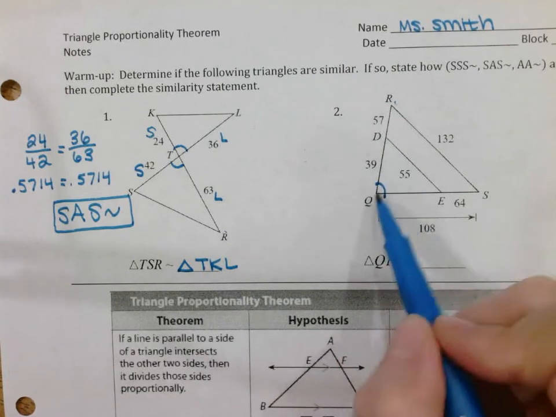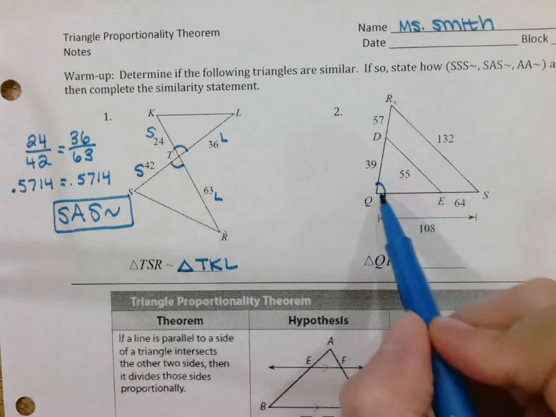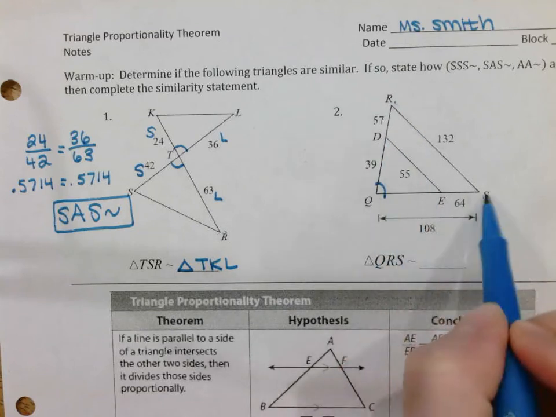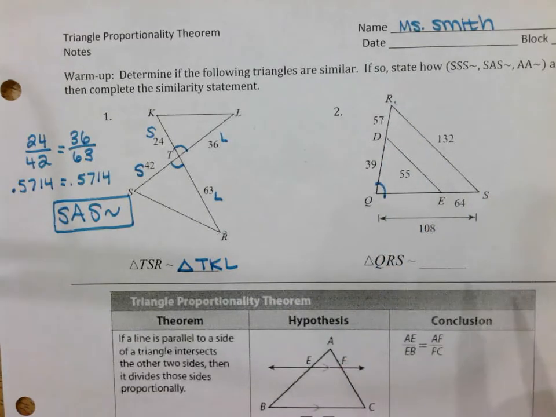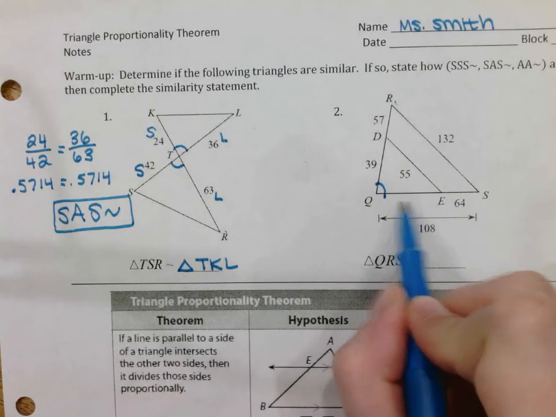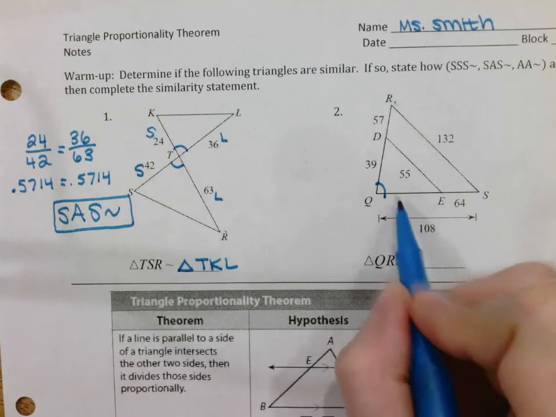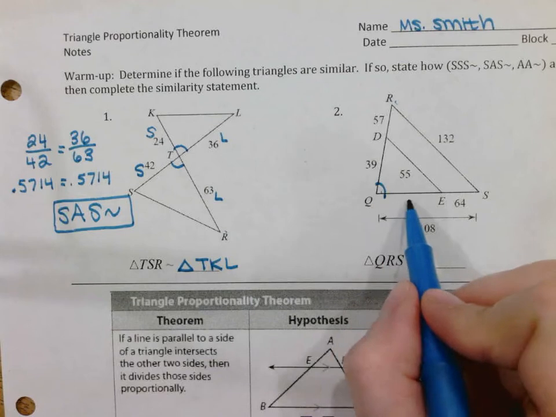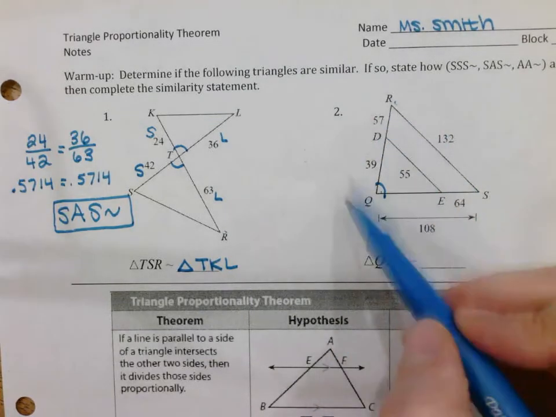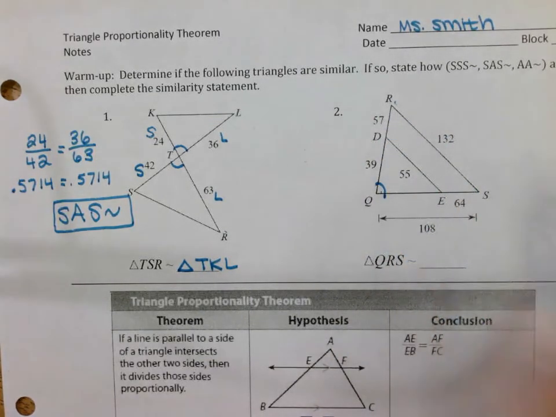Angle Q of the small triangle is the same as angle Q of the big triangle. Okay, so technically, as long as we can find this side, which we can because we're provided these pieces, we can try side, angle, side, right? And then side, angle, side,